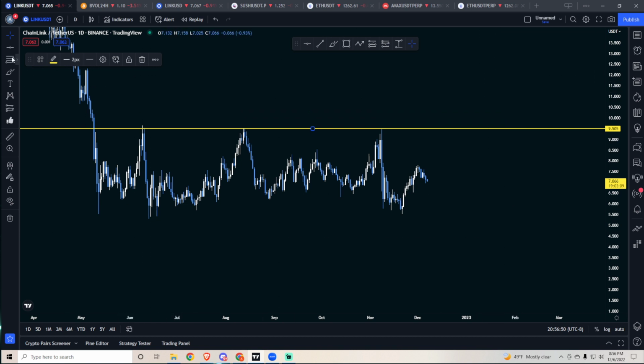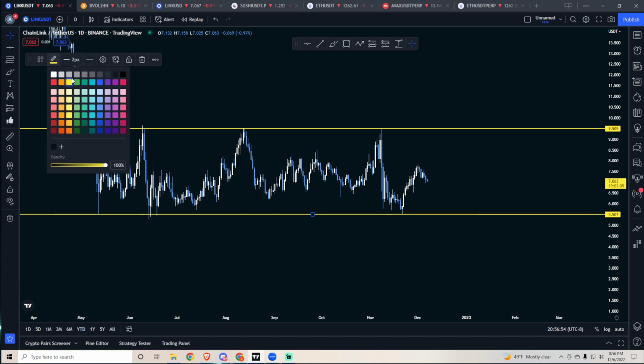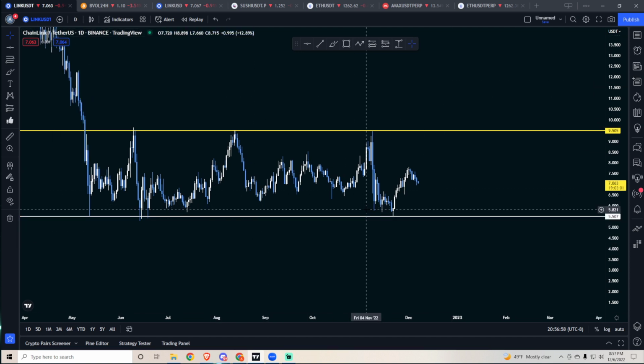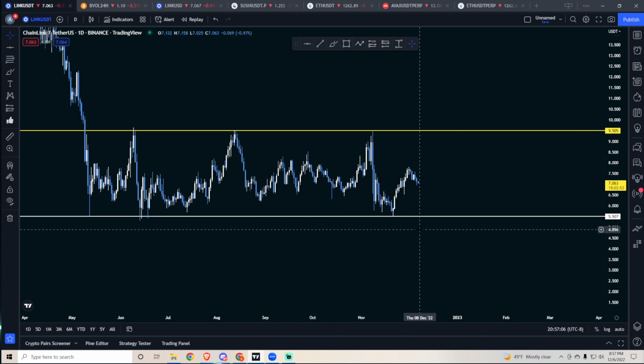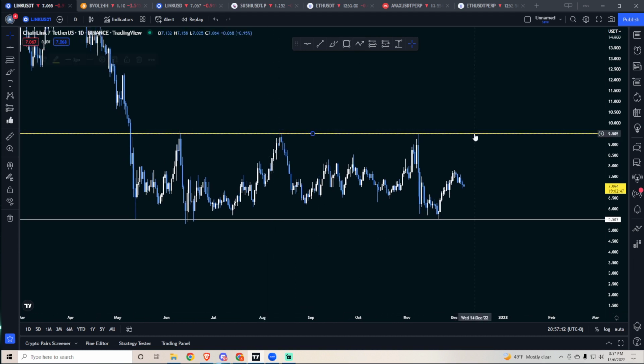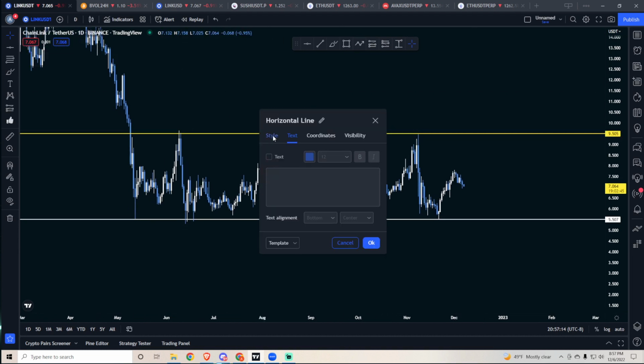That's high time frame resistance, and we're going to be putting support. Let's make the support lines white, right? So here's our range. Okay, here's our daily range, and here's range high, here's range low, right? And it's just been playing until one side breaks. So if you are a swing trader, right? So let's go ahead and first